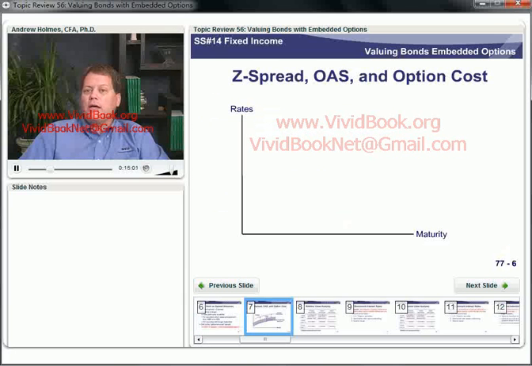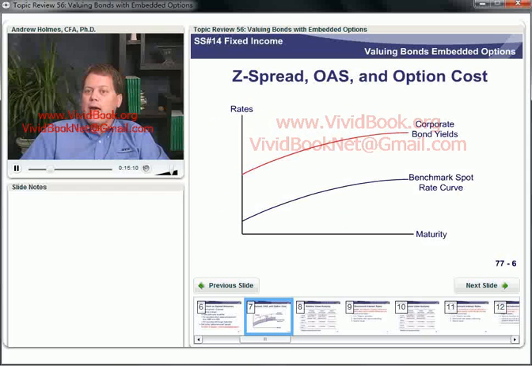So the way you can think of this is we can start with the theoretical spot rate curve or spot rate benchmark, and then we can look at corporate bond yields. So we can see the spread between the corporate bond yield and the spot rate curve. Well, that's the Z spread that we just calculated. Of course, I was doing it in little increments. I drew dots rather than a continuous curve, but nonetheless, it's the same thing. So that's the Z spread. But remember, that has to compensate us for liquidity, for credit risk, and if there's any optionality in the underlying cash flows,